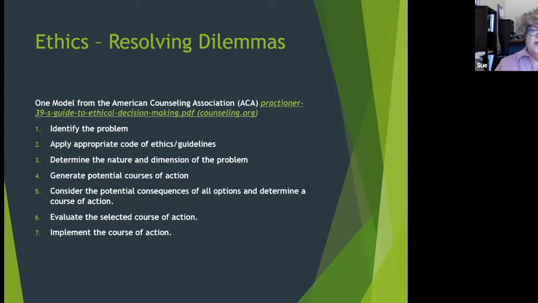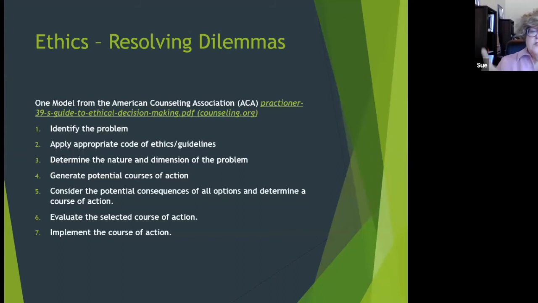The nature and dimension of the problem, that's where that multifaceted piece is, that it can be multifaceted. There may be different parts of it that you need to investigate and take a look at, that may be many ethical particular situations, or it may even be more than that. Are we even going into legal situations? Does this involve other parties that we need to be thinking about? So the nature and dimension of the problem, especially if we're dealing with one of those that's very thorny, can be really helpful.